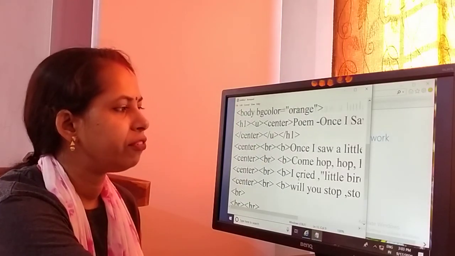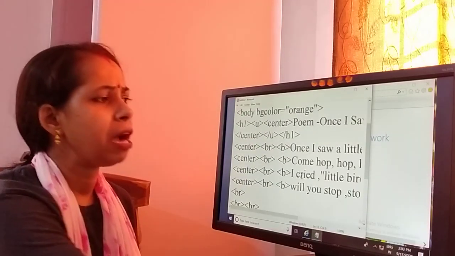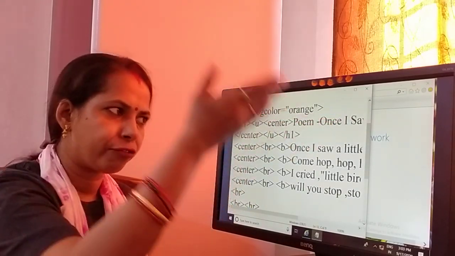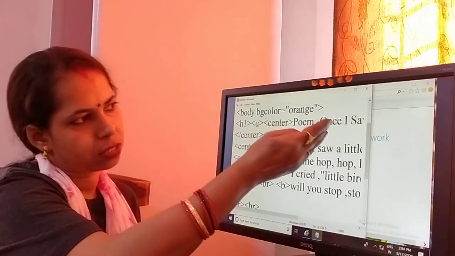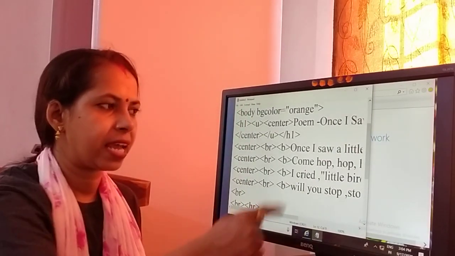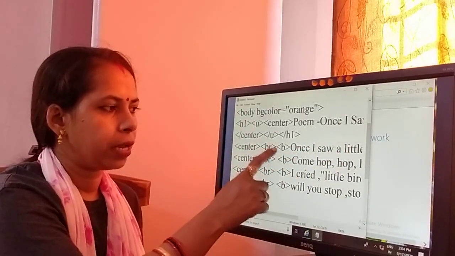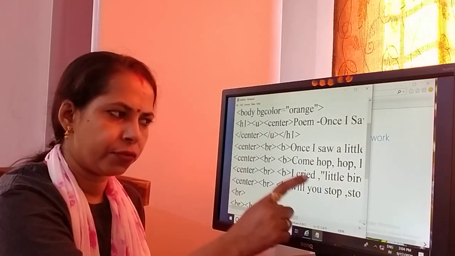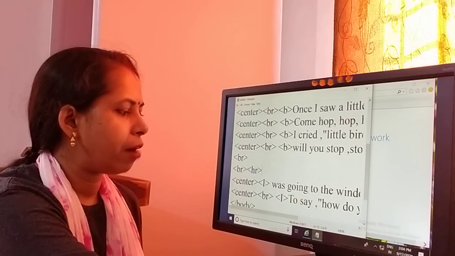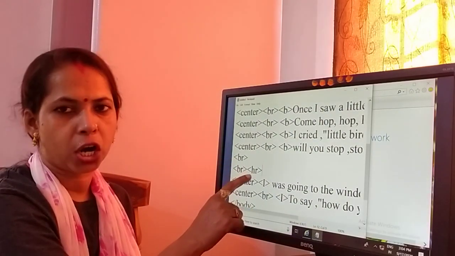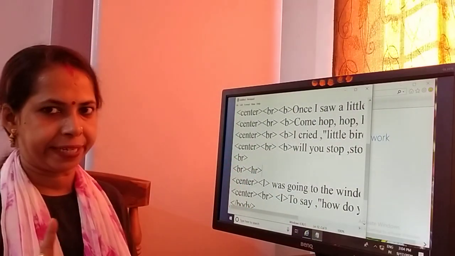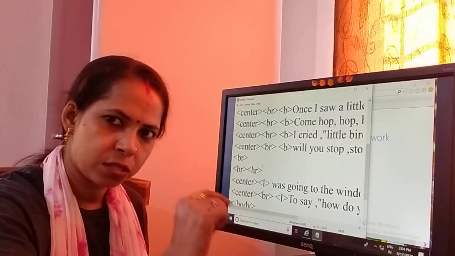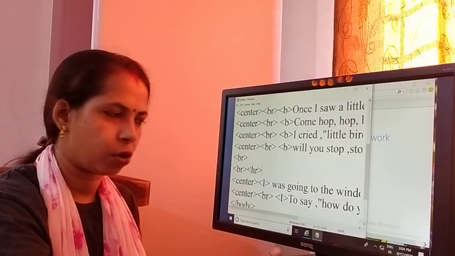Okay, after that we will take my poem first line in center, BR tag for break line. After my this topic, the cursor will move to the next line, and the first line will appear in bold and center, and the next one also bold in the center, third one also, fourth one also. We have to not close the BR and HR tags, because both tags are empty tags. If we take the HR after this line, one simple horizontal line will appear on the display.